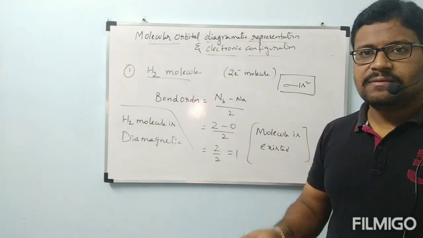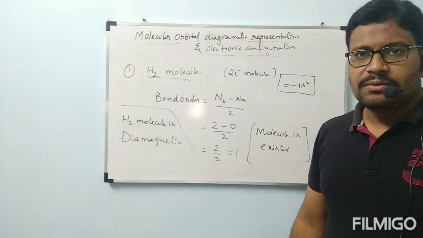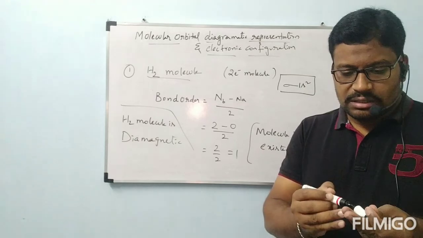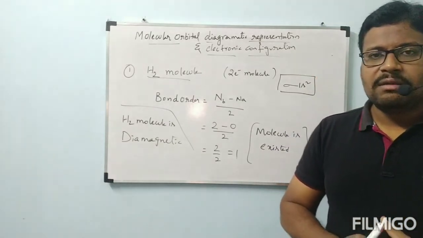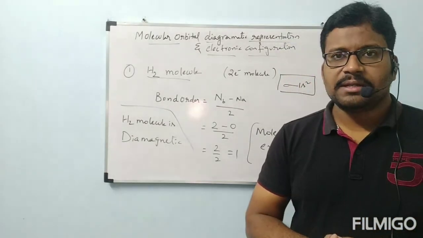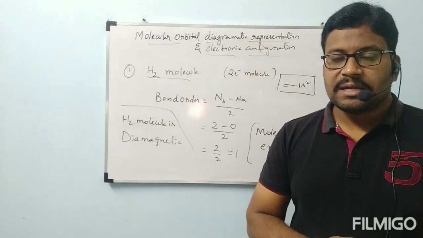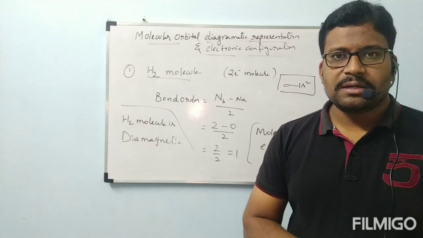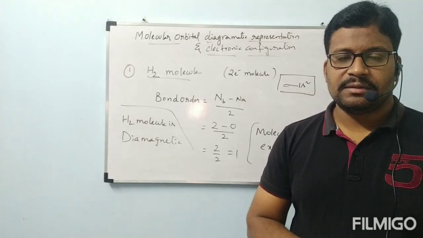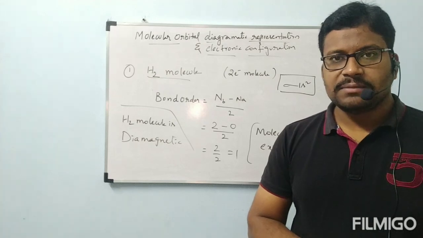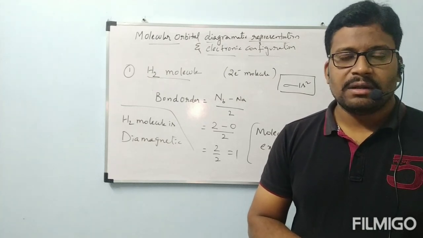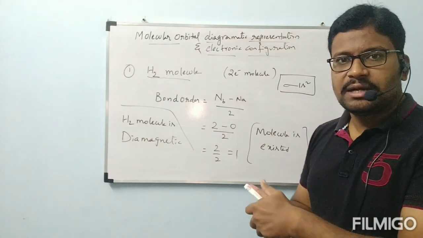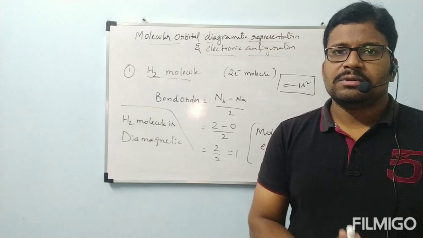So in the next class we will go through some more examples, and we are going to complete molecular orbital theory within 2 classes. After that we have one more small topic, called hydrogen bond. So hardly 4 or 5 classes, we will complete the chemical bond. And once chemical bond is completed, immediately we will shift to organic chemistry, which is very important and useful for your 12th class. Without chemical bond, organic chemistry cannot be explained, you cannot understand it also. So everything is clear under this chemical bond. After that we will go through organic chemistry.